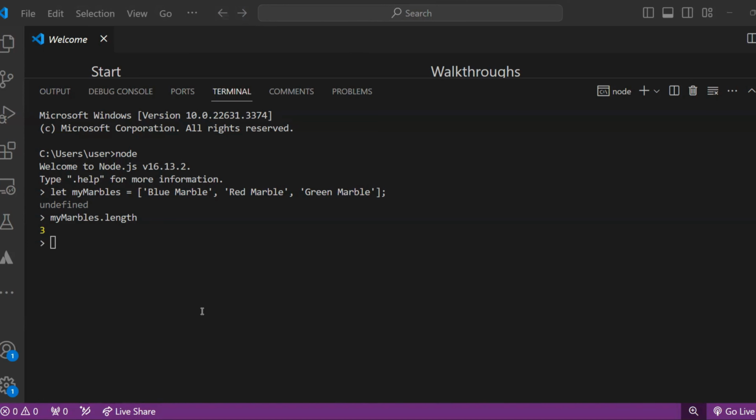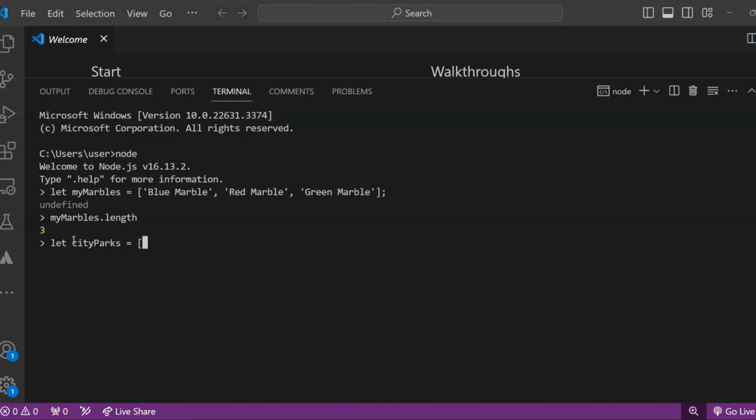But unlike objects, where each piece of information has a name, items in an array are just given those automatic numbers. And if you're building something that needs the names of places, like all the parks in your city, arrays are perfect because they keep the names in the order you need. Like this, if I have let cityParks